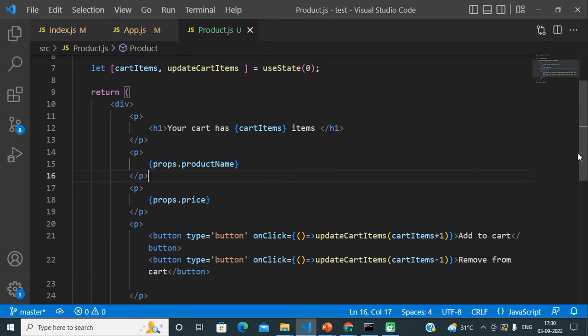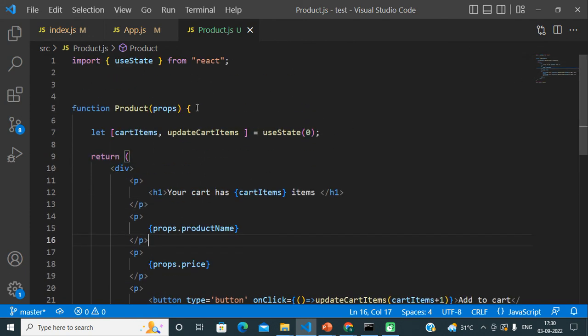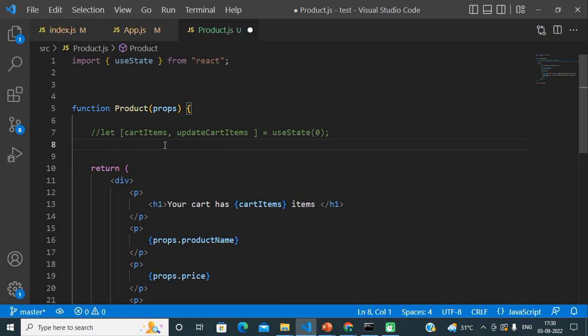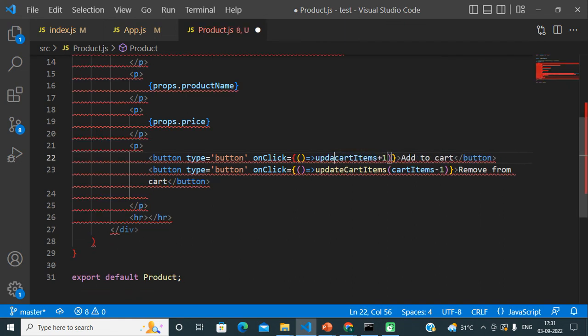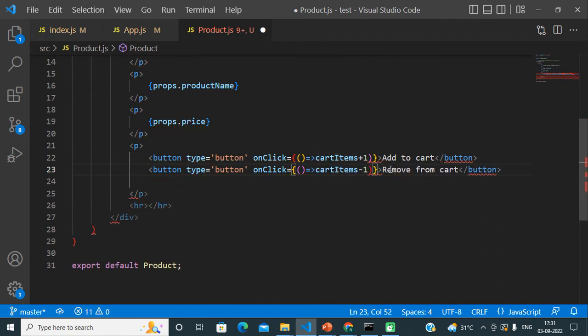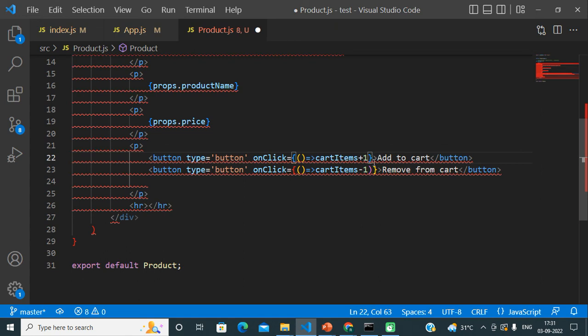Now friends, many of you might think, why are we creating all this stuff? Okay, if we directly try something like this, as it is a normal JavaScript file, just declare one normal variable, assign it to 0, and yes, everything should be fine. Just remove this function, because now we are not using any useState hook.